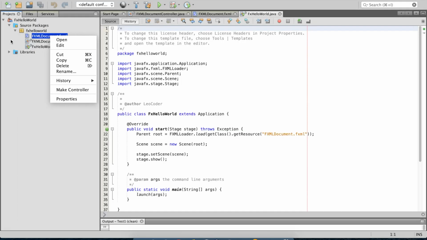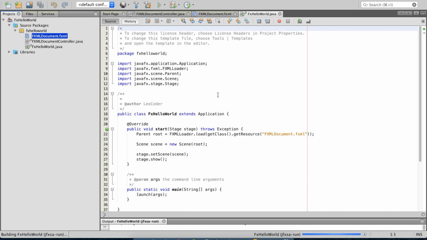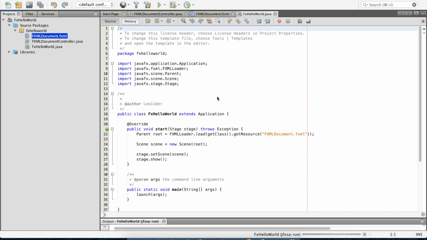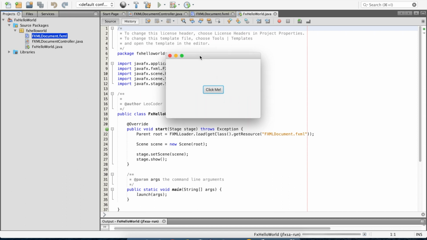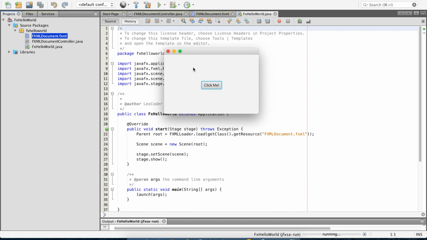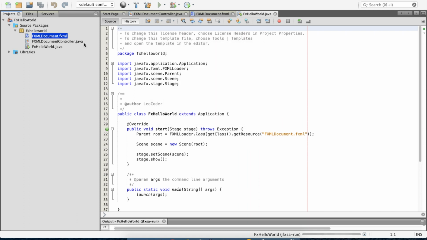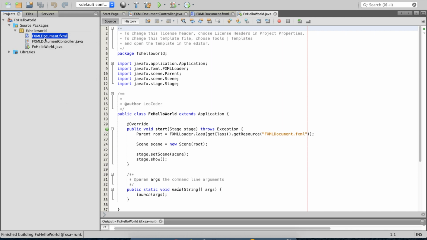So let's try to run the project, see what it looks like. So this is the first Java application, and when you click on it, we have a hello world. So let's try to add one more button. Right click, open,